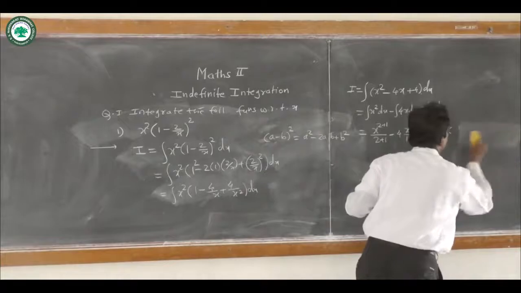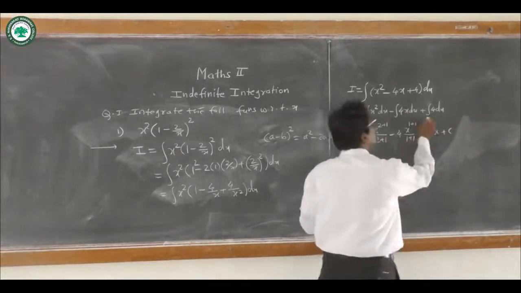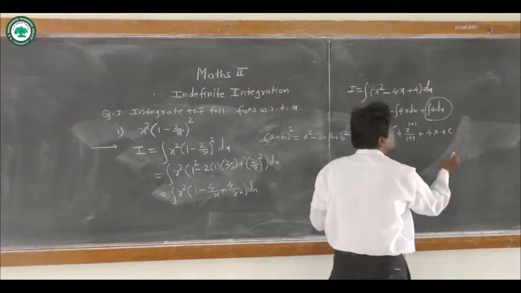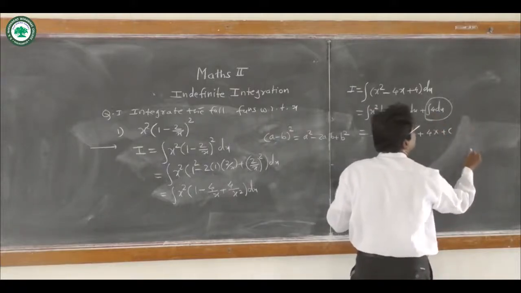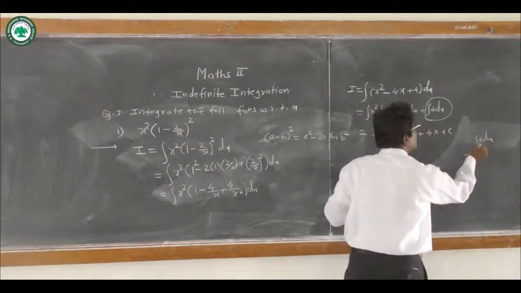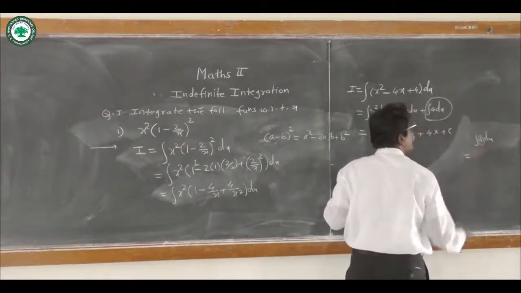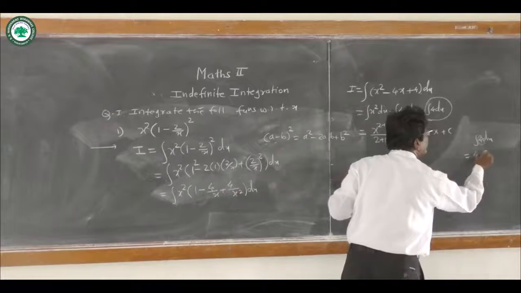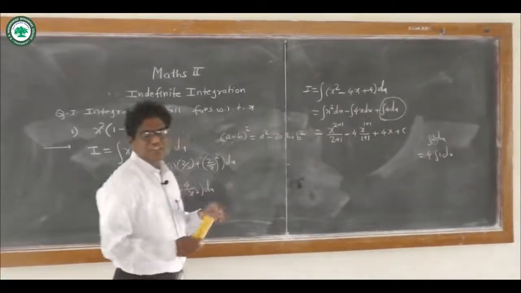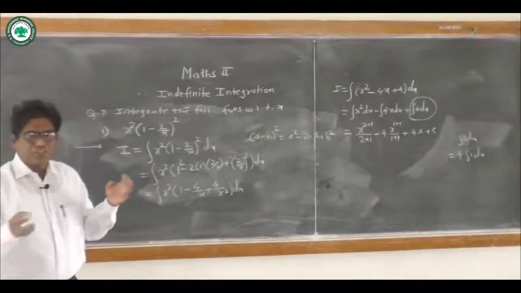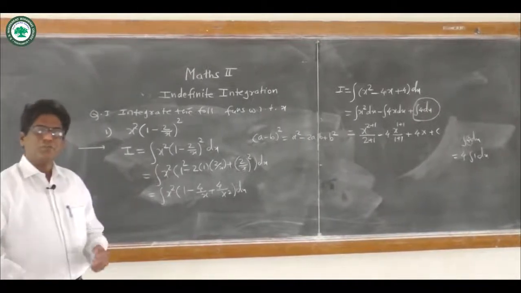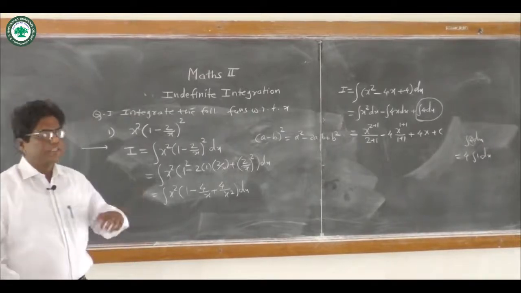Now the question arises in your mind: how do we take integration of 4 dx as 4x? So we take this integration of 4 dx separately. It is equal to, this constant taken outside the integral, 4 into integration of 1 dx. Now we know that integration and derivative are opposite to each other. If we know the integration, we can find the derivative. If we know the derivative, we can find the integration.